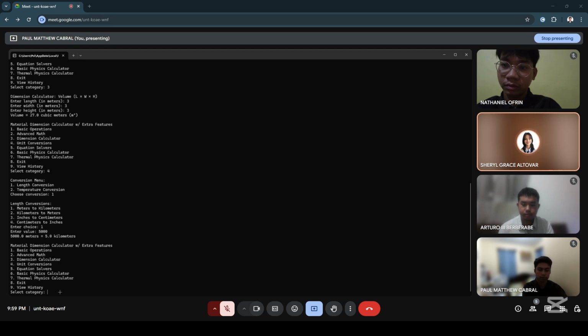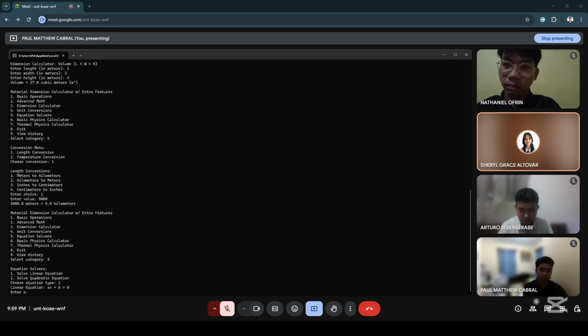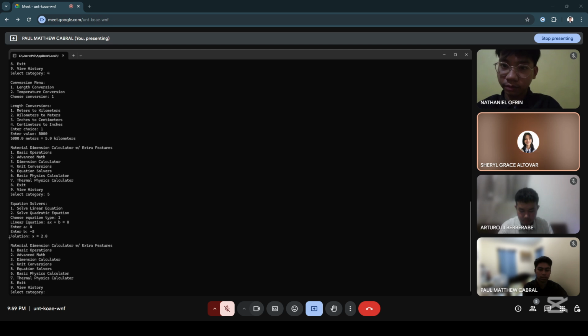Equation solver. It can solve both linear and quadratic equations. Then, without further ado, let's give this a try. First, we input 5 in the menu to use the calculator. This shows us the two types of equation solvers, linear and quadratic. We will test out the linear equations, meaning we input 1. After inputting 1, we can see that the formula appears, and the program is requesting the value of A. We input 4. Then B, we input -8. As we can see, the calculator worked fine, giving us the answer: linear equation solution x equals 2.